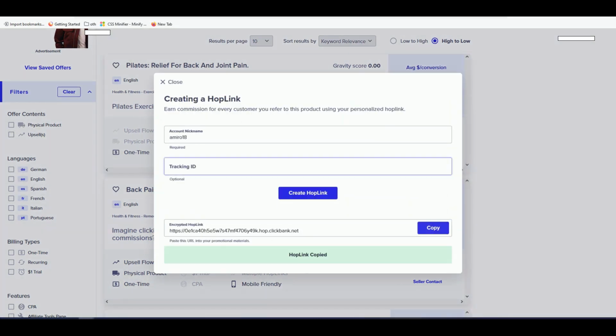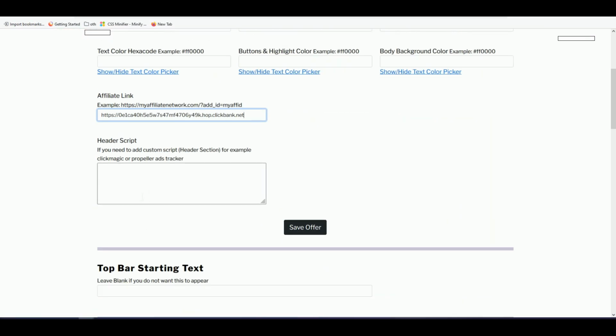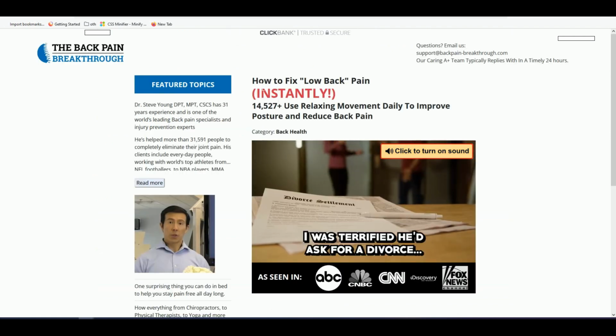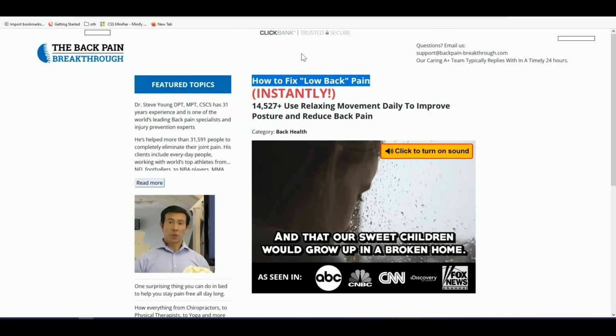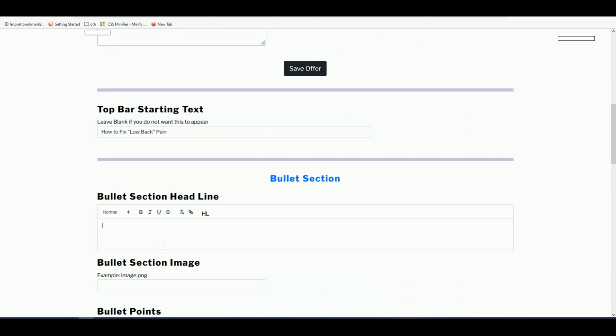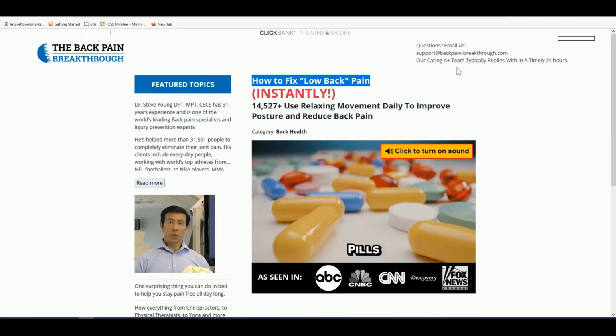So copy that, then go back to your landing page creator, thepagepro.com, and paste that. If you have some script to track your visitors, you can put it here. We leave it for now. And here, you can get some information that you can paste here. Okay, and then the header. So come back again. If you cannot find a good header here, what you can do is